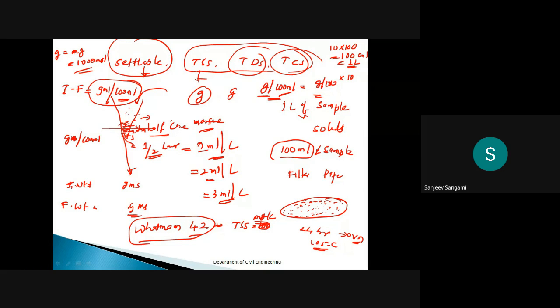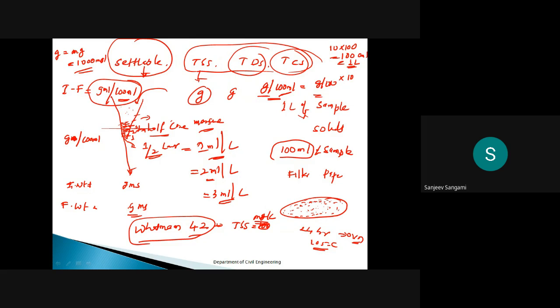The solids are retained on the filter paper. Then how have you measured it? After oven drying, you have taken the final weight. If you take the difference of initial minus final, you will get a weight in grams. That is grams in the 100 ml sample, so convert that into 1 liter. Whatever the grams is, you convert it into milligrams. So the unit of the total suspended solids is milligram per liter.